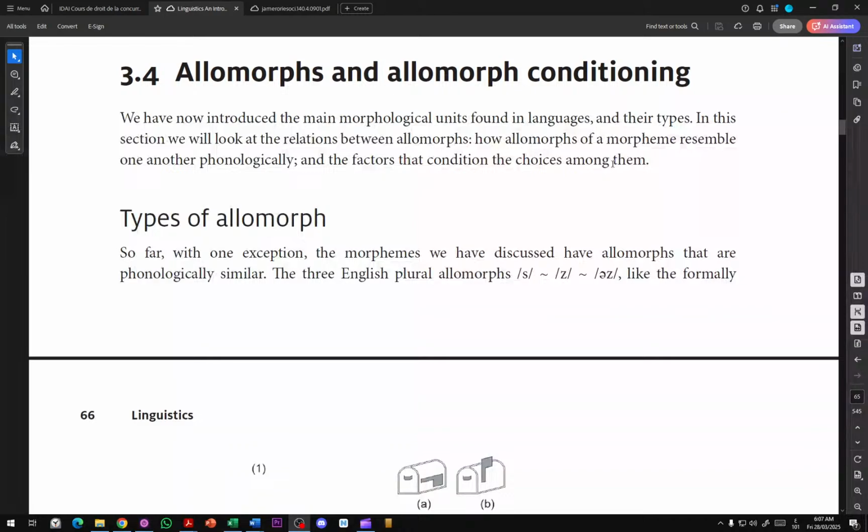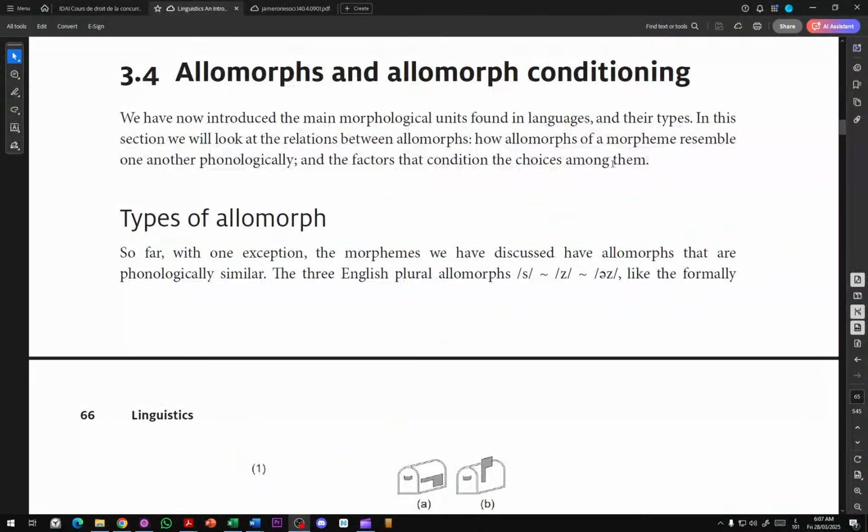We have now introduced the main morphological units found in languages and their types. In this section, we will look at the relations between allomorphs, how allomorphs of a morpheme resemble one another phonologically,